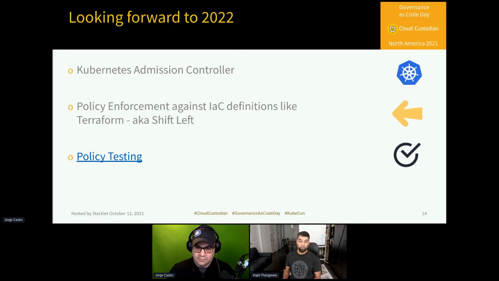And then finally, in terms of improving developer experience, being able to move some of this policy enforcement from resources that are already deployed or being deployed to resources that are earlier in the pipeline. So being able to evaluate infrastructure as code assets like Terraform and CloudFormation and evaluate policies directly against them. And then finally, being able to have a richer policy testing framework and tool. There's a link to a spec here, which is several pages long and covers in great detail what we're trying to do with regards to enabling policy authors to also write tests alongside their policies that can be validated as part of the CI for that policy itself.